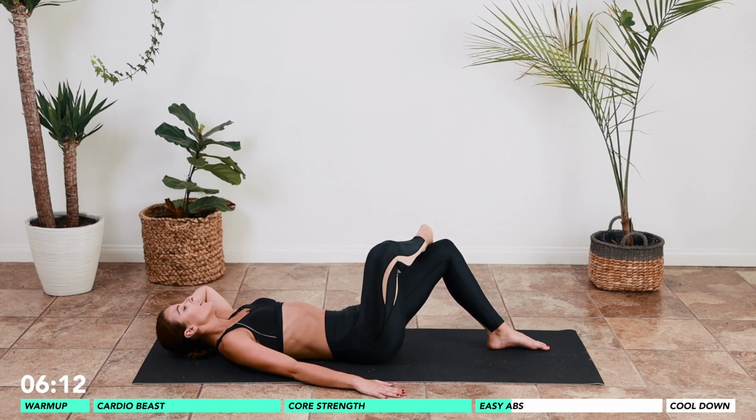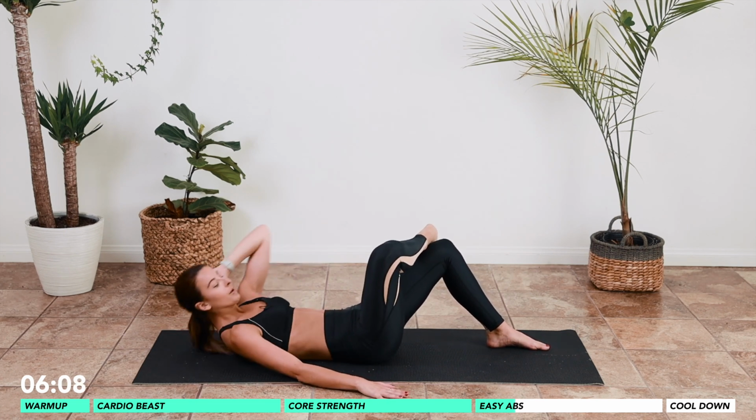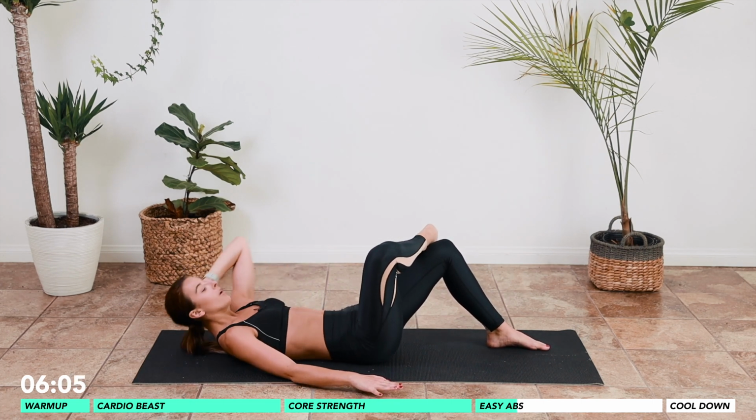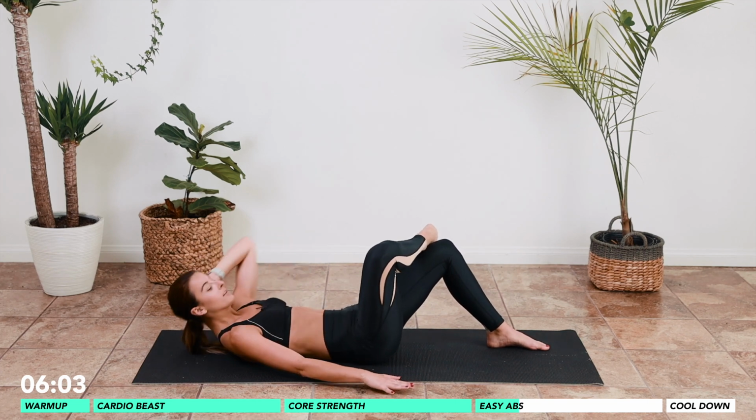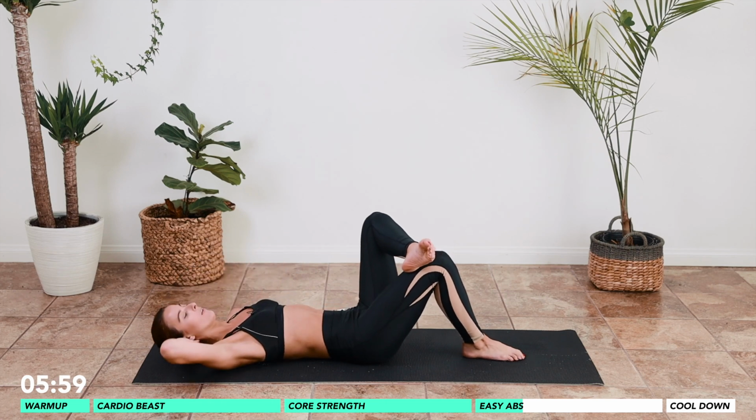7, 8. Double time. Reach 1, 2, 3, 4, 5, 6, 7, 8. Switch sides. Go 1. Squeeze it down. Squeeze. 3, 4,